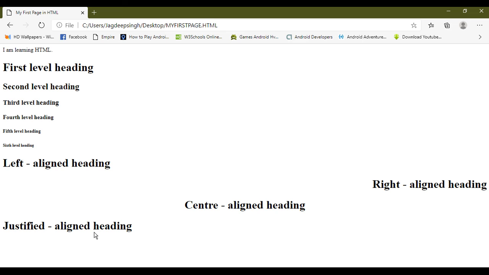Next is font element. The font element enables you to change the color, font and the size and alignment of the text on the web page. The size, color and face attributes are used with the font element. Now open your web page in text editor.